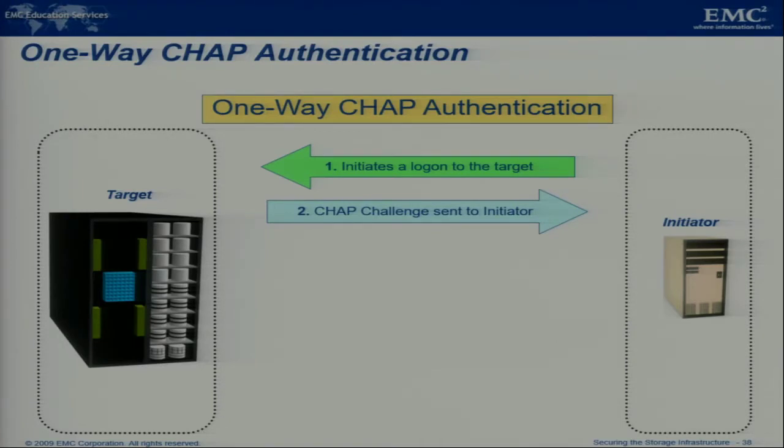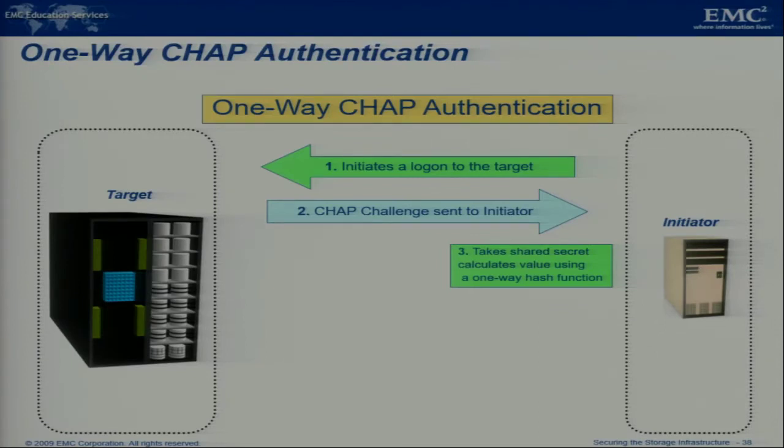So what is this CHAP challenge? It is nothing but a CHAP secret, also called a secret key. This secret key is usually a random secret of 12 to 128 characters. So this CHAP challenge is nothing but a sequence of characters which ranges from 12 to 128 characters. This is called a CHAP challenge, which is sent from target to initiator. The next step is it takes this shared secret and calculates the value using a one-way hash function. This secret is never exchanged directly over the communication channel.